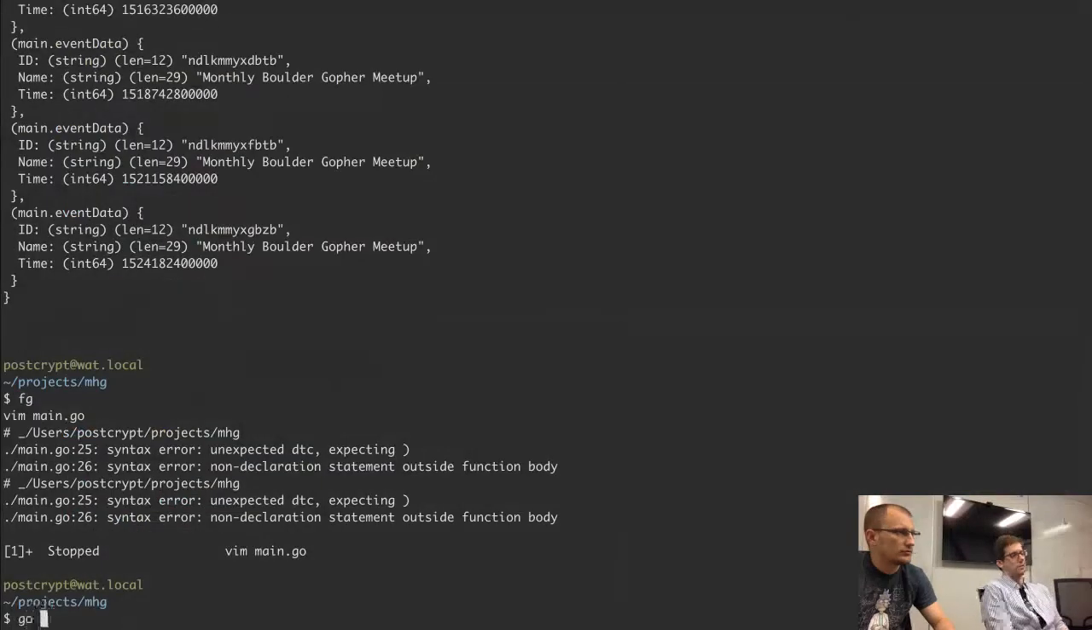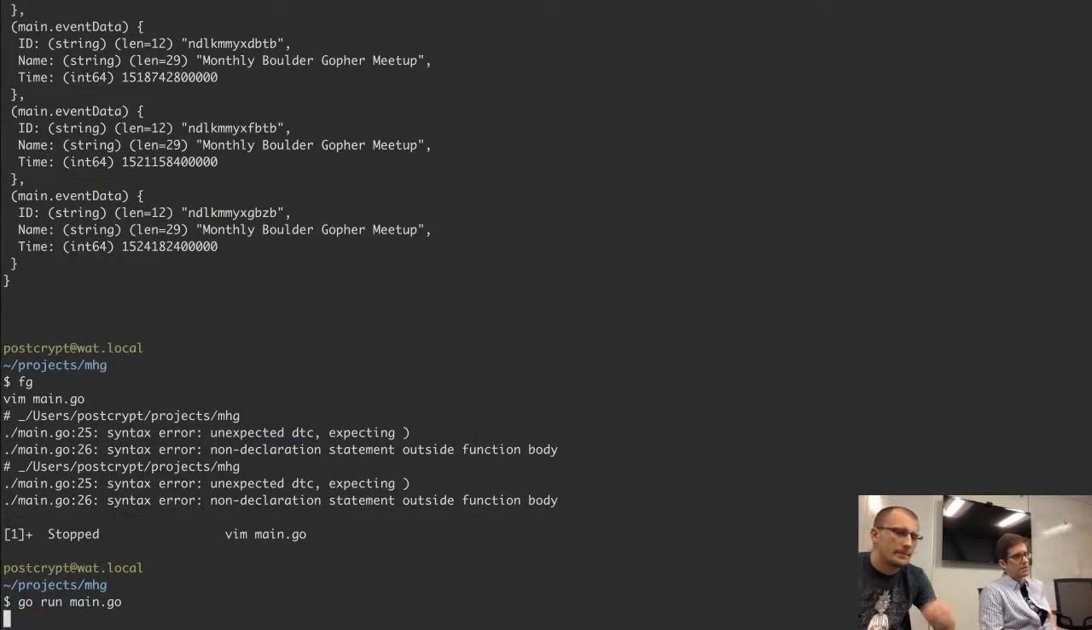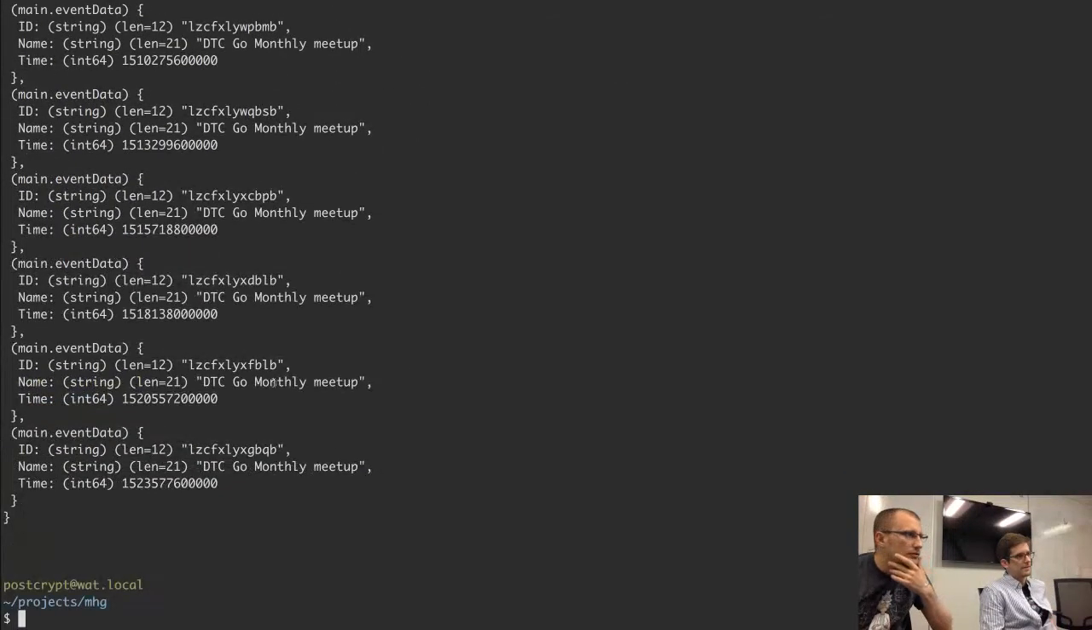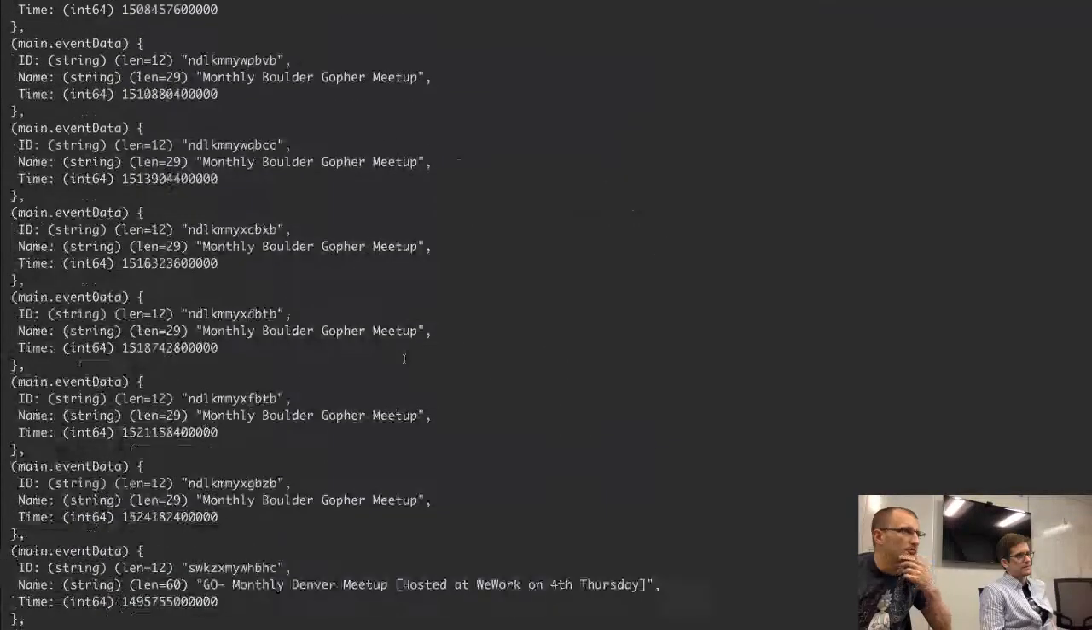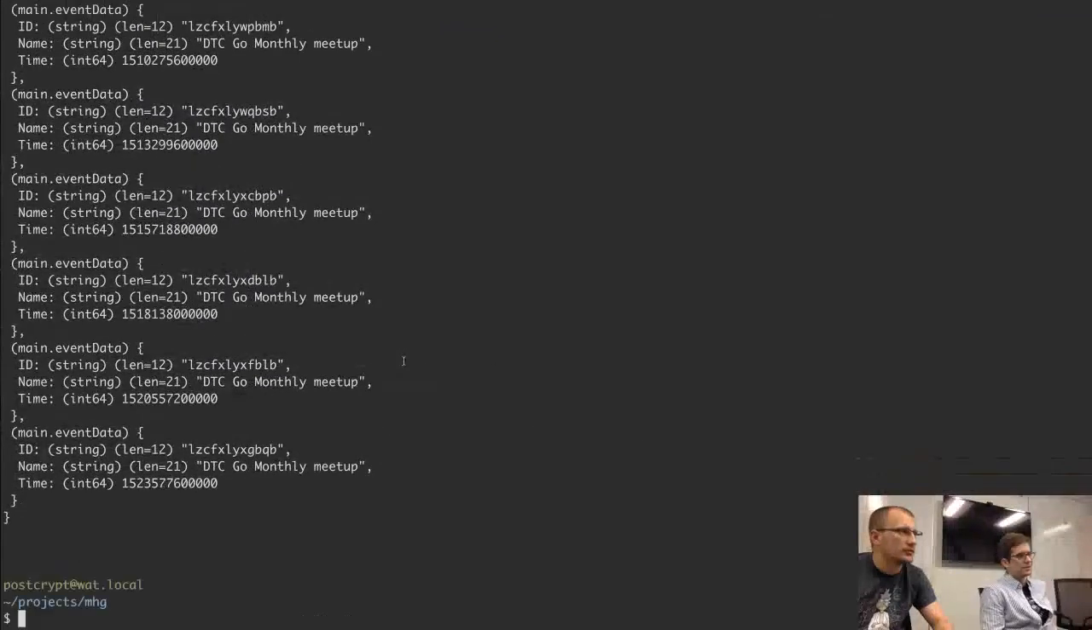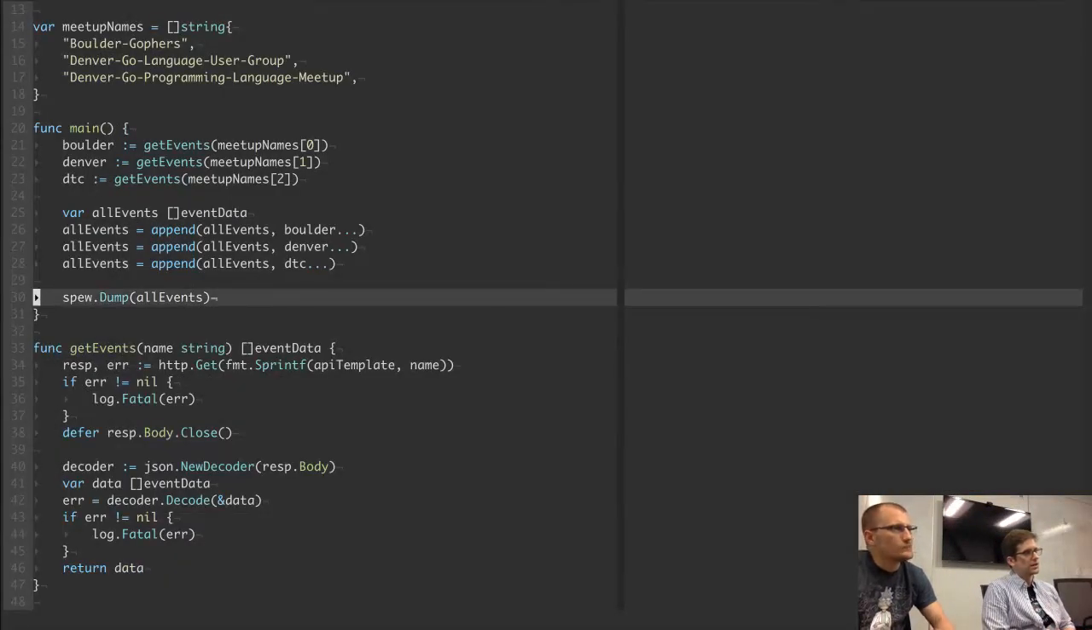Alright, beautiful. So we can run a little test again, just make sure. This time we'll get a lot more data probably. Yeah. So we got DTC, we got the Go monthly meetup, and the Boulder. Sweet. Cool. Alright. So at this point, I think we're beginning to see an object, or I guess if we were doing object-oriented programming, I'd say an object. I don't know what the terminology necessarily is in Go, but